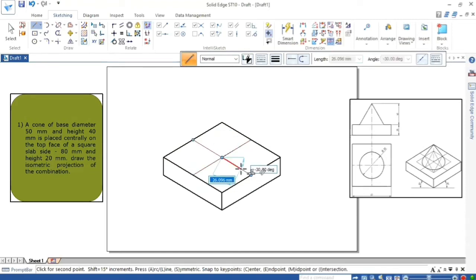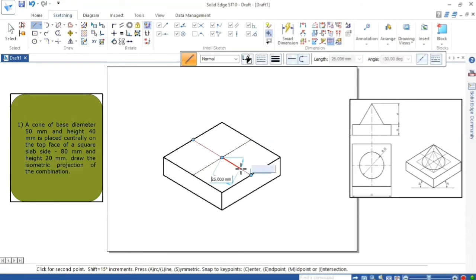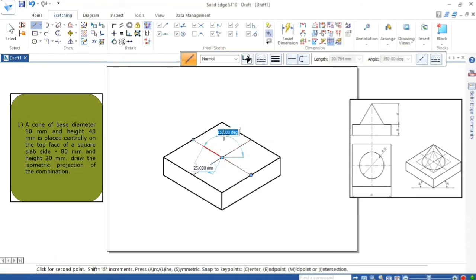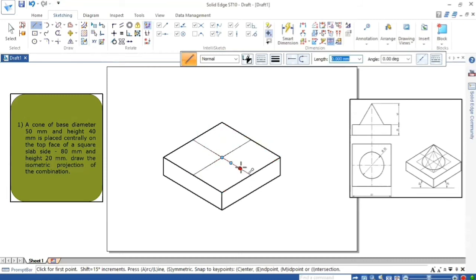Side 25, enter, because the radius from the midpoint is 25. Again 25, enter. This side 25, enter. Got all four corners. From here, take 25 parallel to this line.